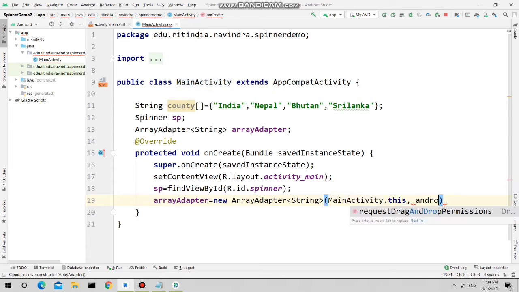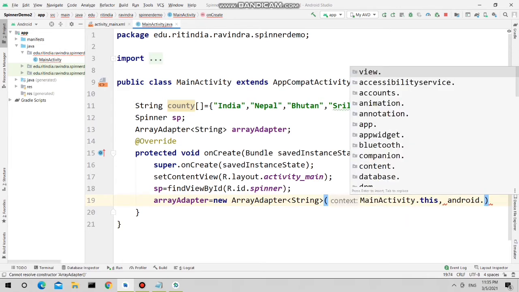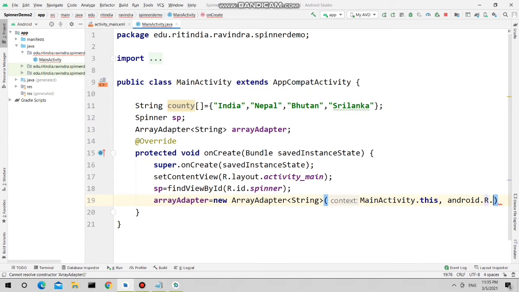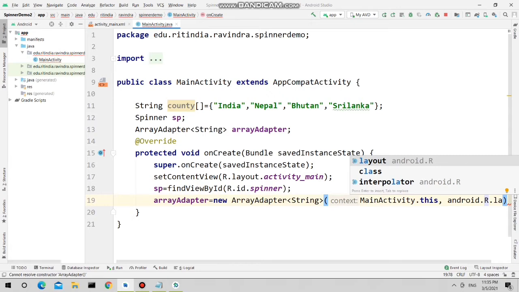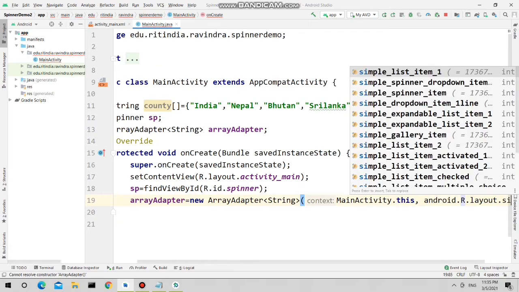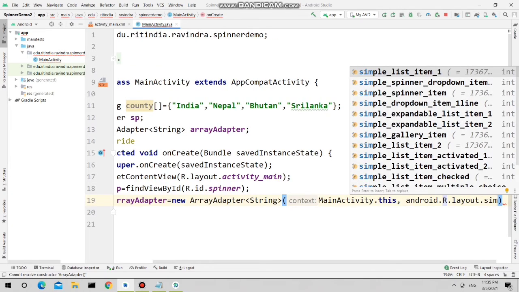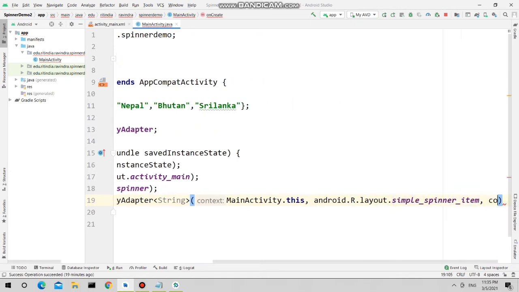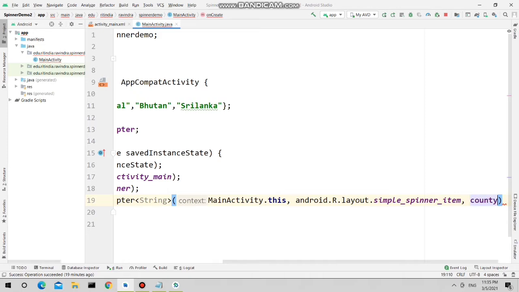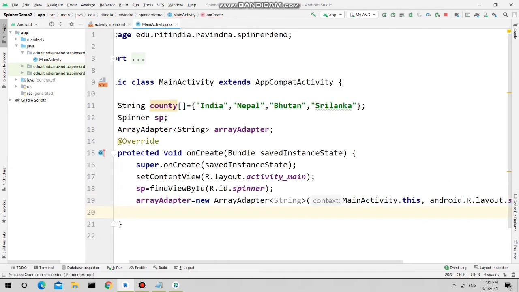An inbuilt layout I am using, present in android.R.layout. I'm using the default one, that is simple_spinner_item, and the third argument is country, the list of items, or the source from where you are going to get the list of countries. That is the third argument.